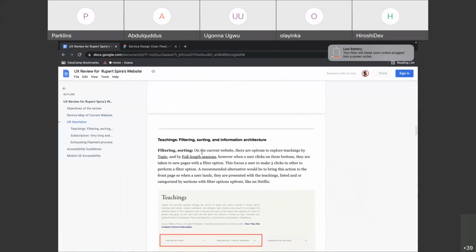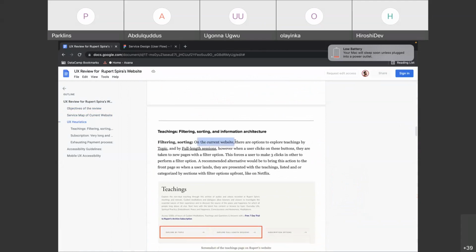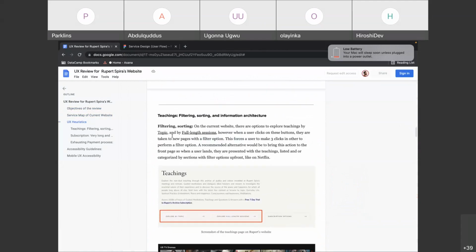So yeah, here's where I began to give a report of how on the current website there are options to explore teachings by topic, this and this. However, when a user clicks on these buttons, they are taken to a new page, right? Which